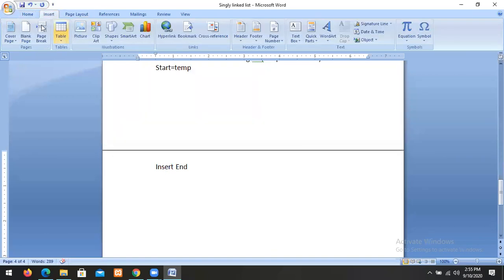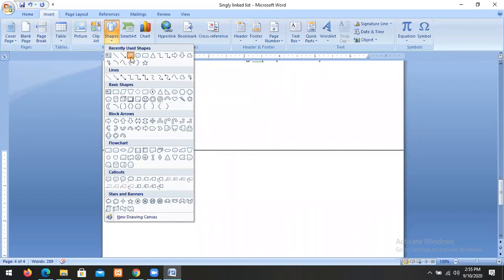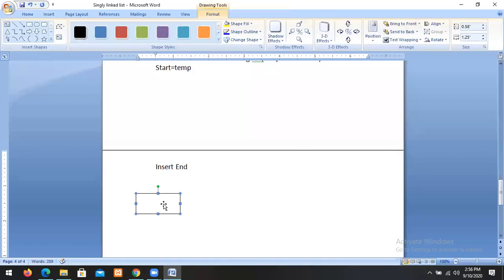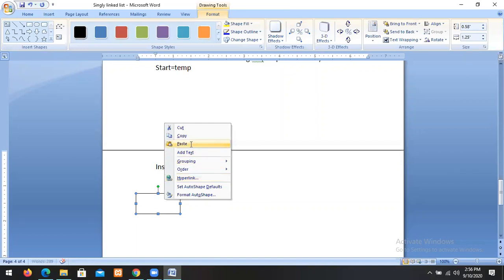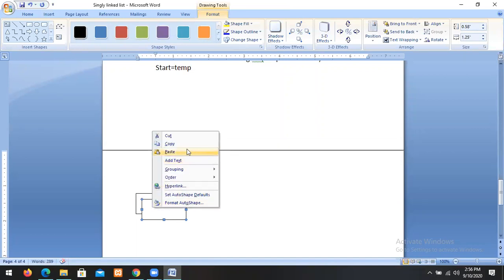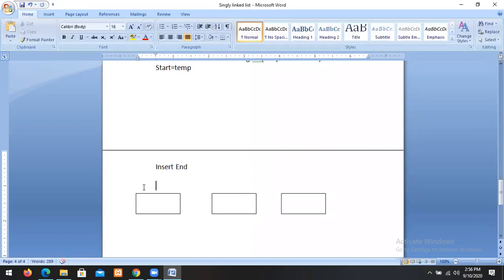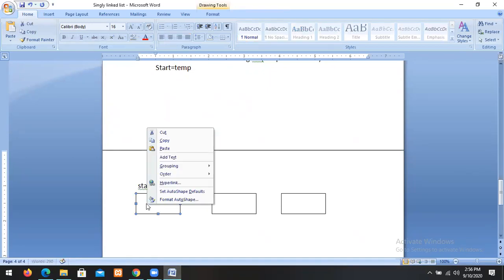So let us assume that this is an existing list, and this is the new node.